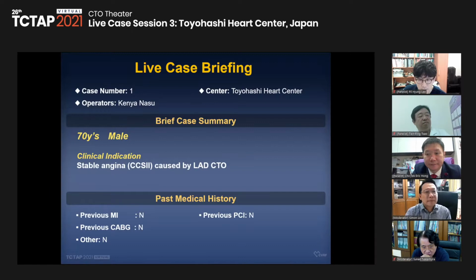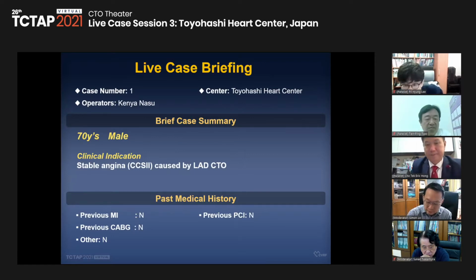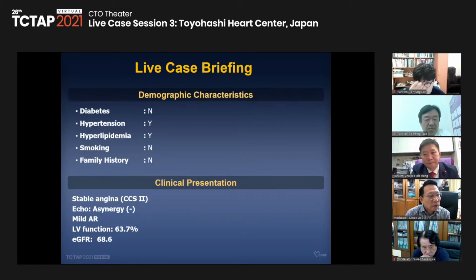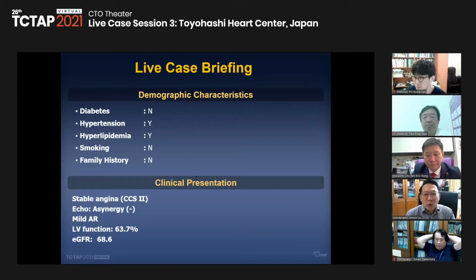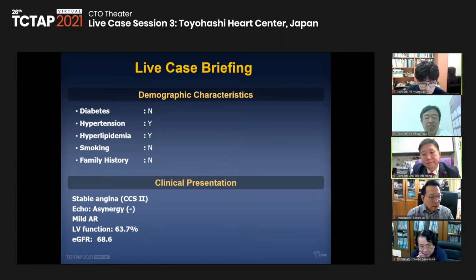Live tapes presentation. Today's case is a 70-year-old male. Diagnosis is stable angina caused by LAD CTO. Echocardiogram is almost normal contraction. He had no renal dysfunction.